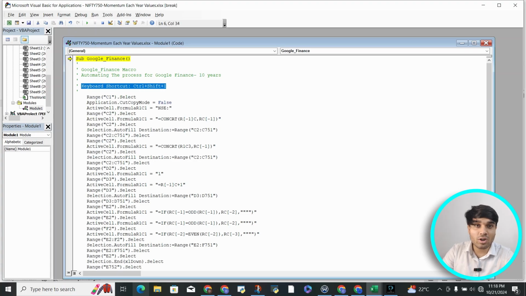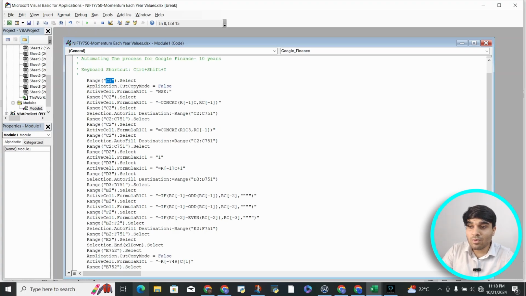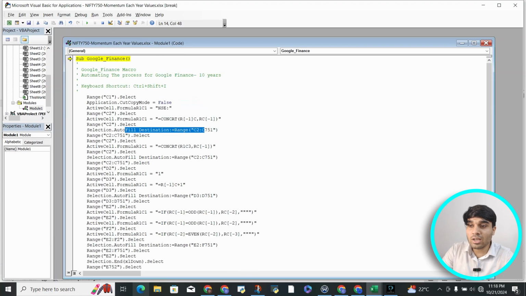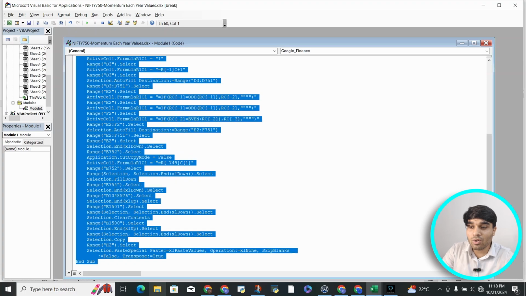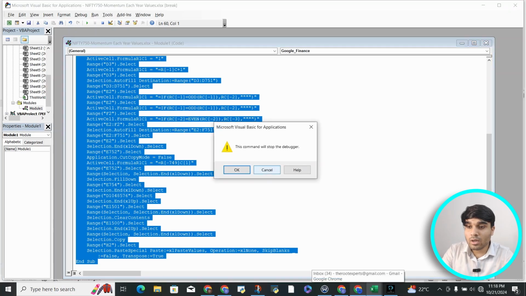Then we have the keyboard shortcut here, that is Control Shift I, and we first selected C1, and then we wrote NSC, active cell, and it completed the entire code for us. Whenever we click on Control Shift I, it will start from C1, and it will write this entire code for us in each and every cell where we are situated right now. So if I have to close this, yes, click on